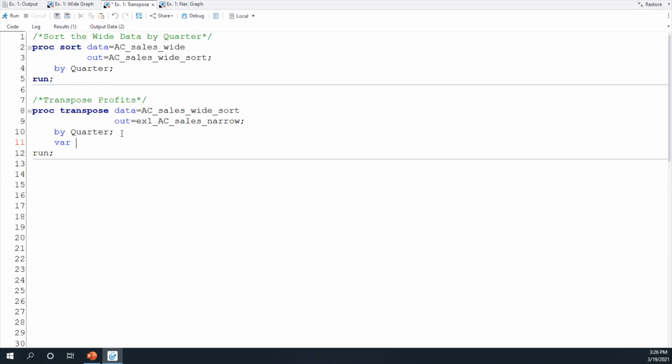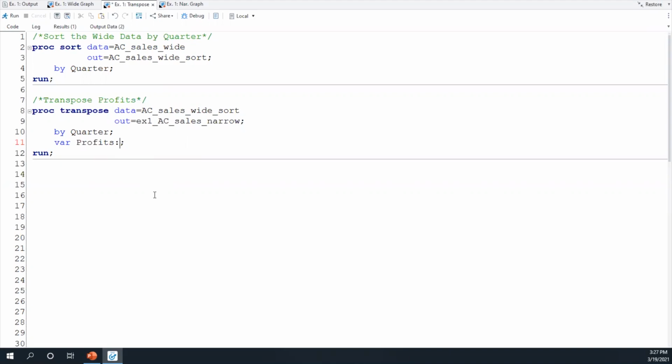Now we have 2 options we could use here. We could use a numbered range list that starts with profits 2016 hyphen to profits 2020, or we could instead use a name prefix list that starts with the word profits and finishes with a colon, indicating I want to transpose all of the columns that start with the word profits.